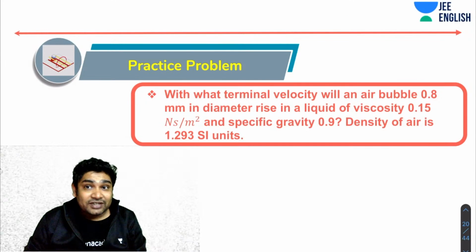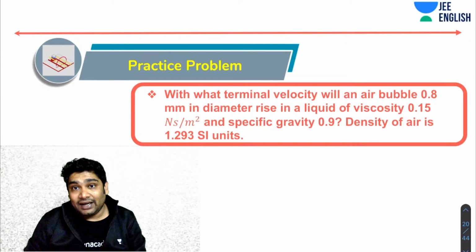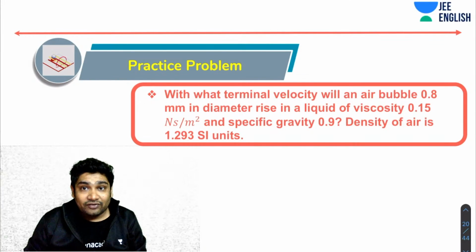With what terminal velocity will an air bubble of 0.8 mm in diameter rise in a liquid of viscosity 0.15